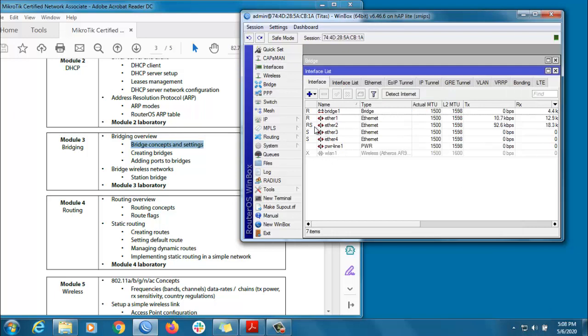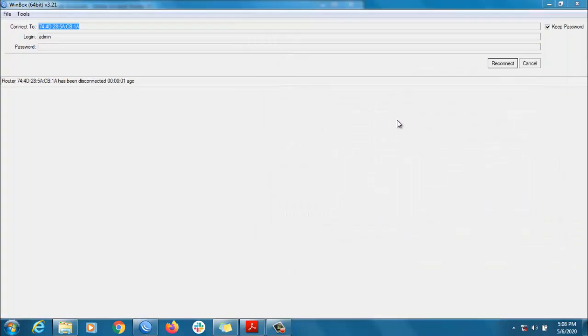We are going to the interface. Now the running interfaces are Ethernet 2 and Ethernet 1. Our LAN interface is Ethernet 2. So we are just unplugging the cable from Ethernet 2, because we know Ethernet 2 is working, right? So we are unplugging it. Now we are going to plug in the cable to Ethernet 3. You can see we are also using LAN because it's already connected, right?